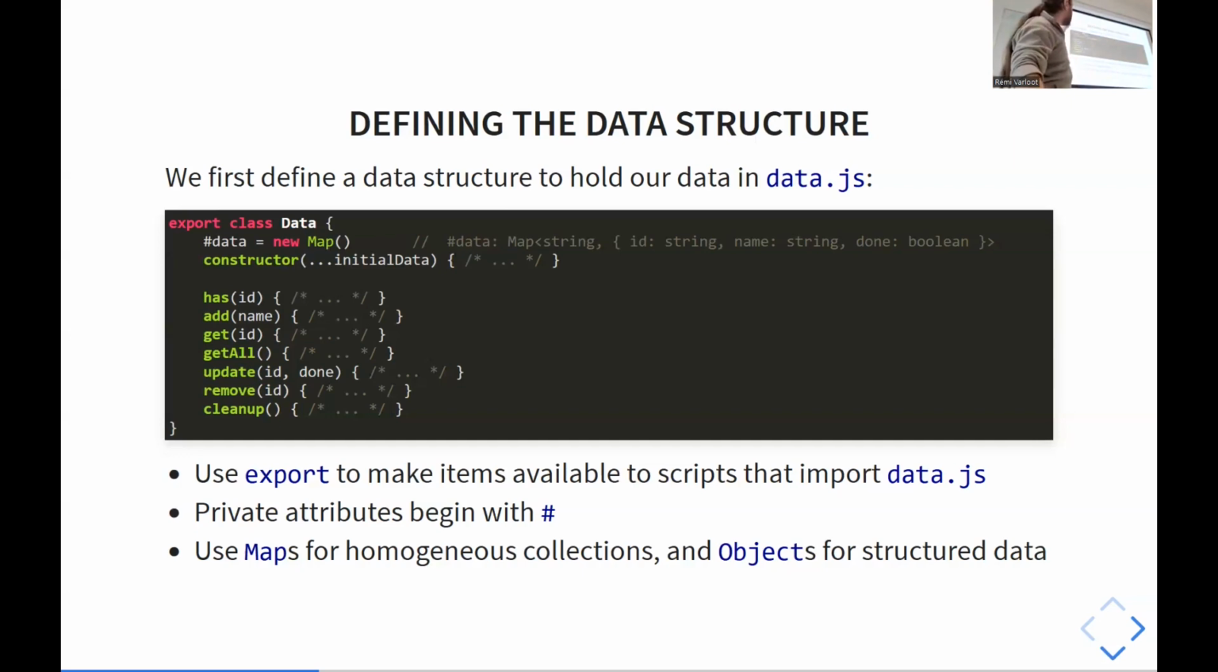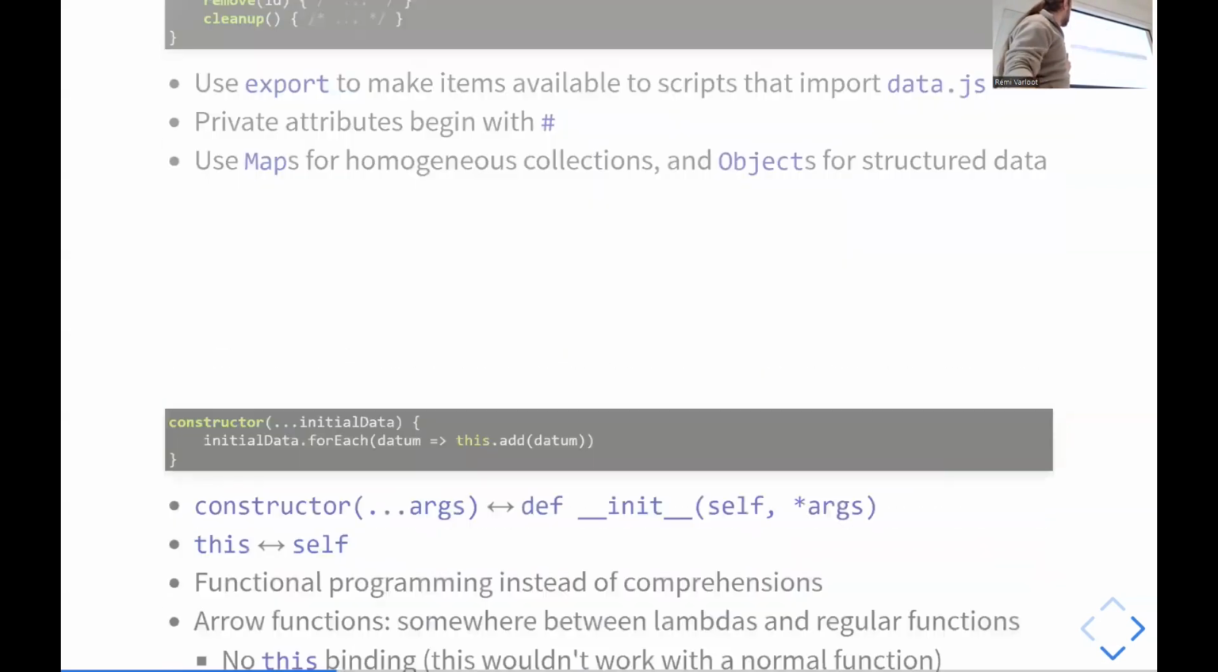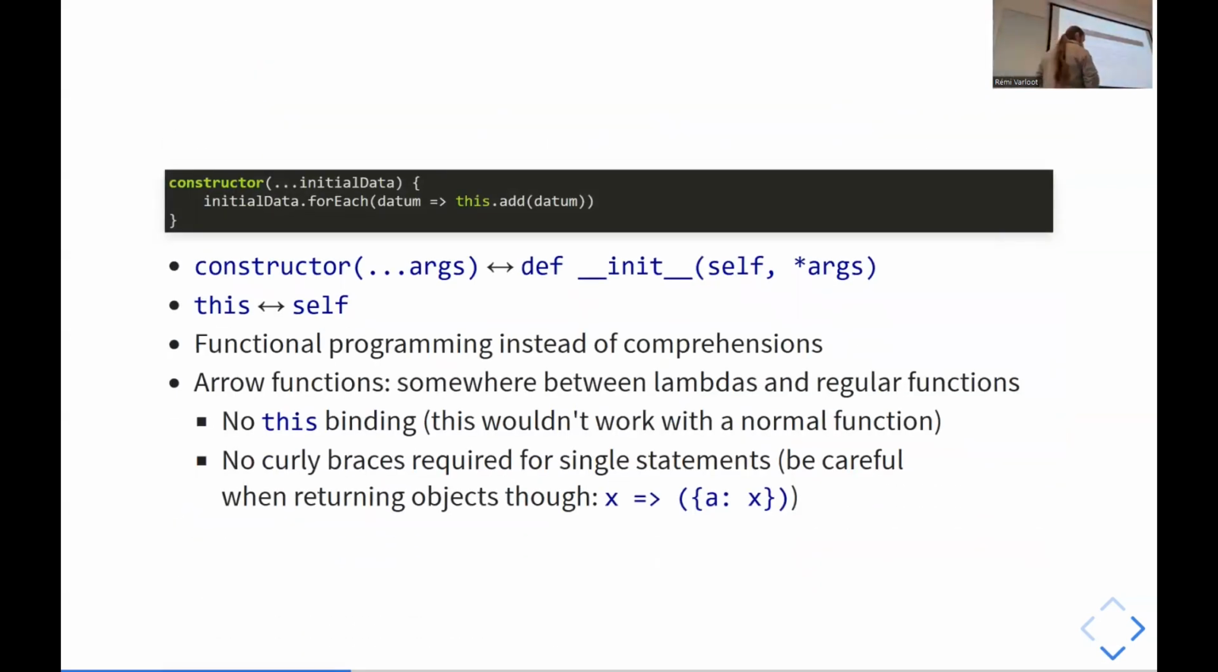So our data will hold, just before I move on, an ID, a name, and a Boolean that tells if a task is done or not. So the constructor, this is the equivalent of the init function in Python. Here I start off, so I didn't necessarily choose the features in a simple to hard order, but more in the order they came up through the code, walking through the code. So here we have,